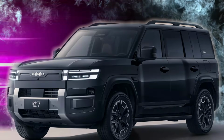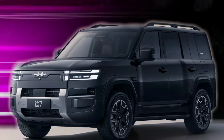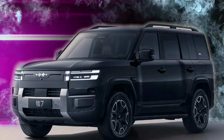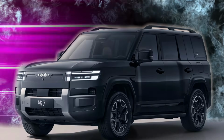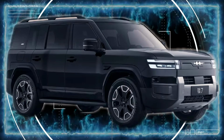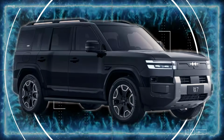With the Ti7 ready to enter the market, more details about interior gear, battery range, infotainment systems, and driver assistance systems will be made available. It is these factors that will ultimately determine how well the vehicle will be able to compete with domestic as well as international rivals. Regardless of what's lurking underneath, the Ti7 is already making waves, both for its in-your-face styling references and its commitment to hybrid mobility. For a fresh entrant with a relatively young brand, it's a